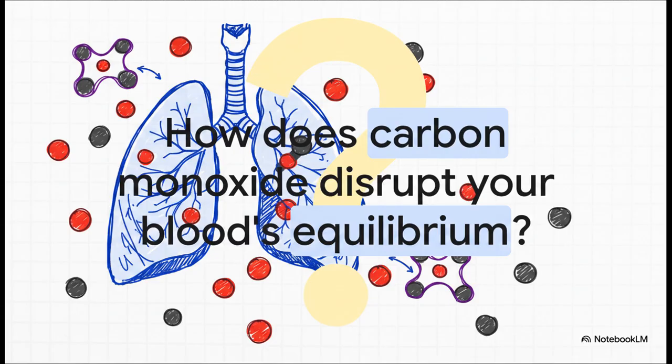But if you're exposed to carbon monoxide, a competing balance comes into play. Carbon monoxide also binds to hemoglobin, and it does so with terrifying efficiency. It literally disrupts the oxygen transport your muscles desperately need to survive. So this whole life and death scenario is dictated entirely by competing equilibria. It just goes to show that chemical equilibrium isn't just some abstract textbook theory. It's a high-stakes, real-world concept happening inside of you right at this very moment.